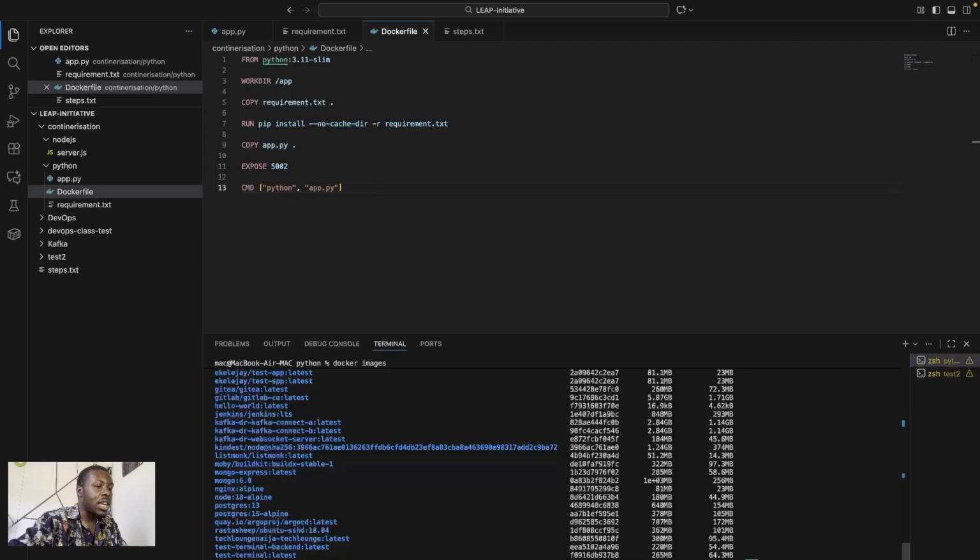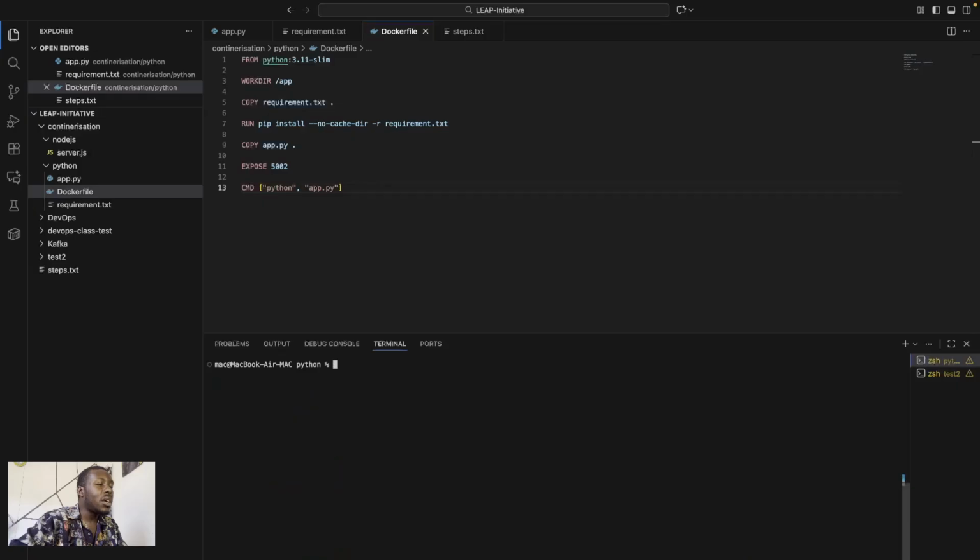My image has been created. 236 MB worth of space for this image. So it's quite handy to be able to know how to use Docker.